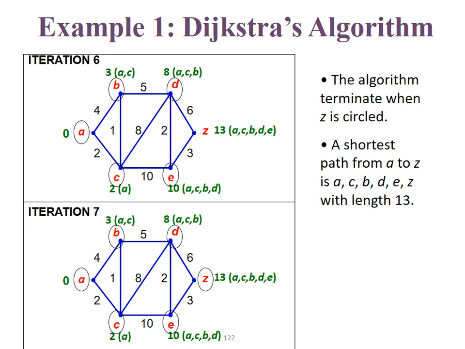Okay, now we have the final step because we have the distance for Z. Now we include the vertex E. Then we need to check if we have even shorter paths from E to Z. So we know the length to E is 10. 10 plus 3 is 13. Okay, so 13 is smaller than 14. So we update the length to Z by length